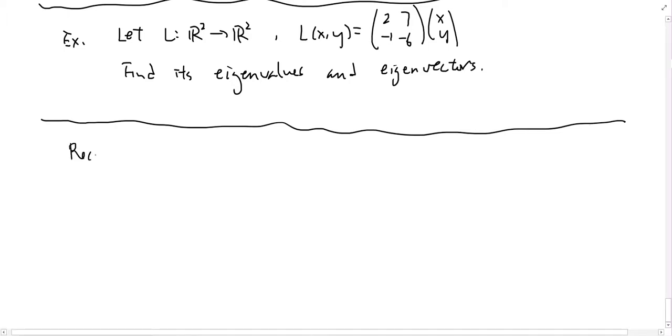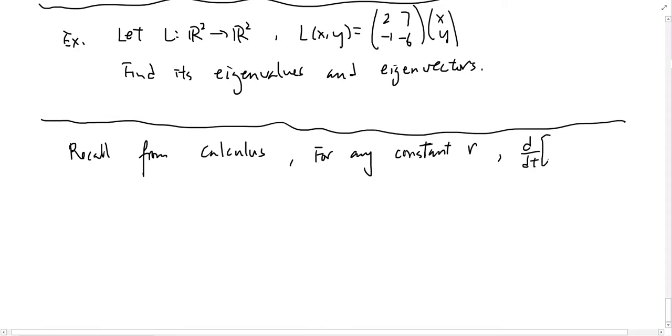Recall from calculus, for any constant r, d over dt of e to rt is actually equal to r e to rt. Now, if we consider d over dt, the differentiation action, to be called the differential operator, let D be the differential operator,